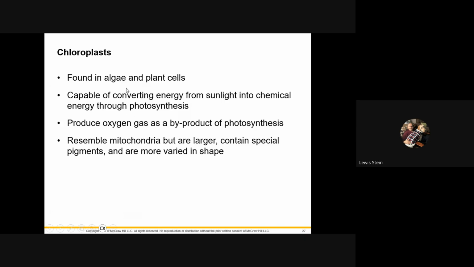Chloroplasts in algae, and particularly in plant cells, but algae are effectively microbes that are consistent with plants. They have a cell wall. They're the only ones that have chlorophyll or chloroplasts. They do photosynthesis. The good news is oxygen is a byproduct. You remember, and you're going to know that